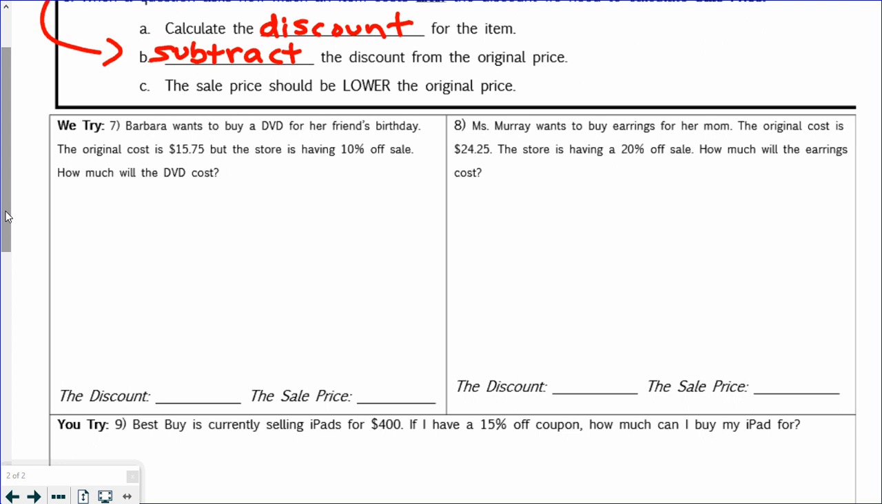A lot of times students can set the right proportion up, but it's harder when they go to read the question and figure out what is the question really asking. So we'll try 2 together. Number 7, Barbara wants to buy a DVD for her friend's birthday. The original cost is $15.75, but the store is having a 10% off sale. How much will the DVD cost? Okay, so it's $15.75, and we don't know how much the discount is. But we know she's getting 10% off of $15.75. So once we cross multiply, $15.75 times 10